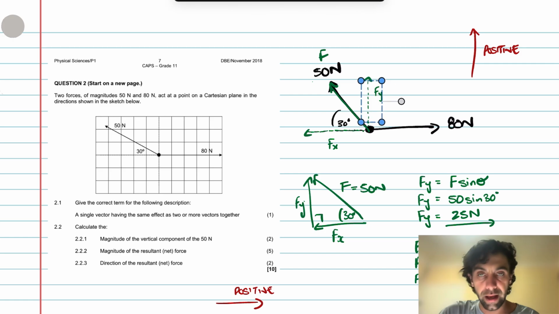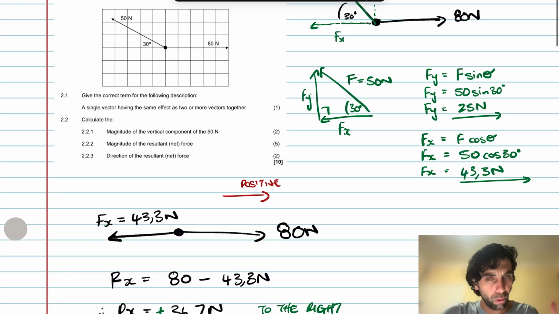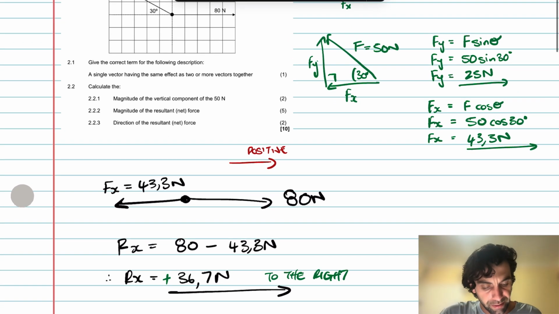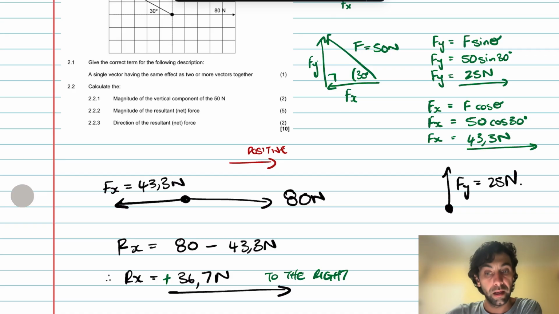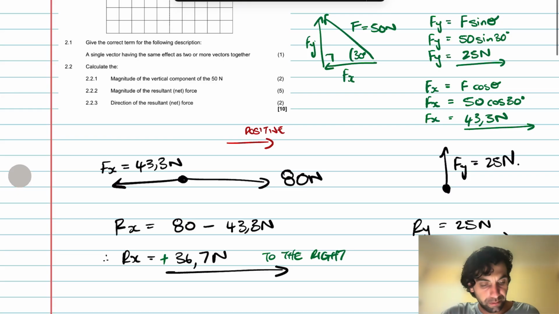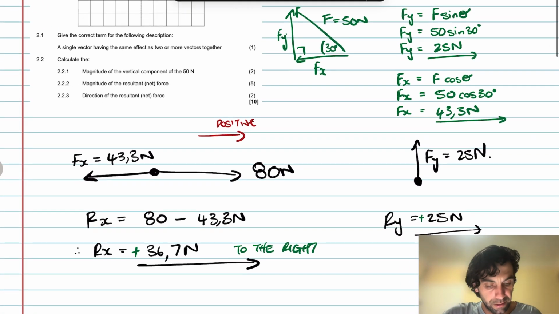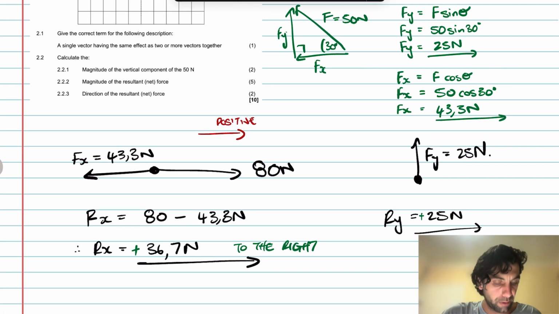That is the vertical component of our main force, or our 50 newton force, shall I say. So on this point here, we only have one force acting upwards, and that's Fy, which is 25 newtons. So to resolve that, we can just say Ry is equal to 25 newtons, and it's acting upwards because it's positive. Okay,